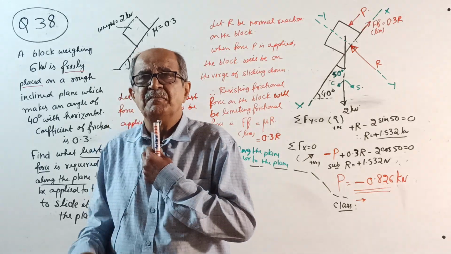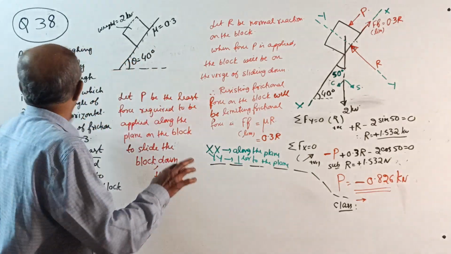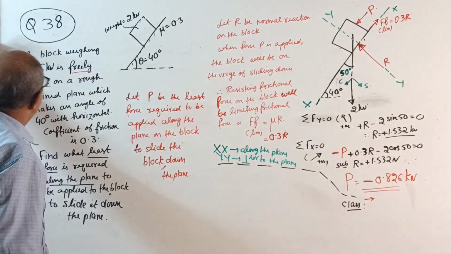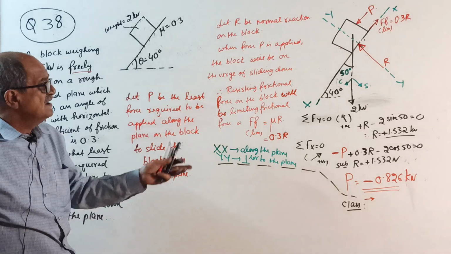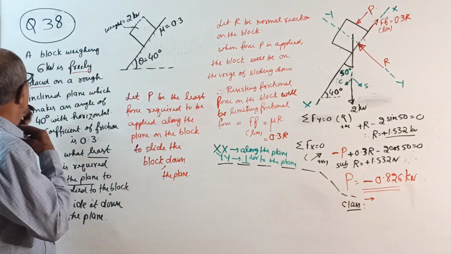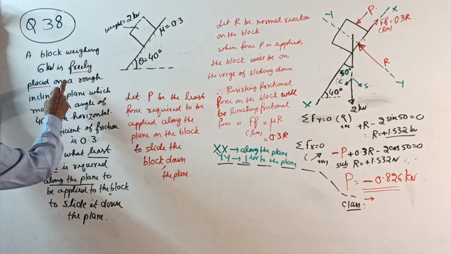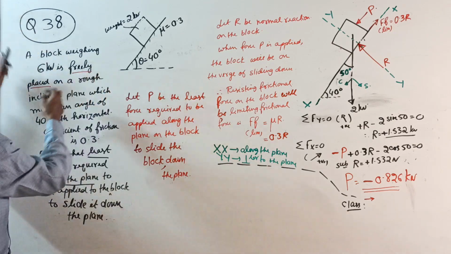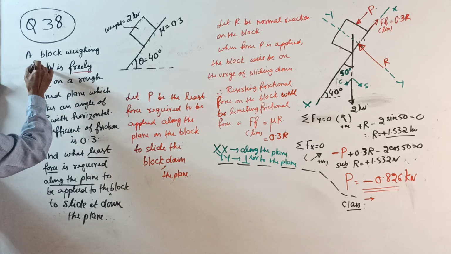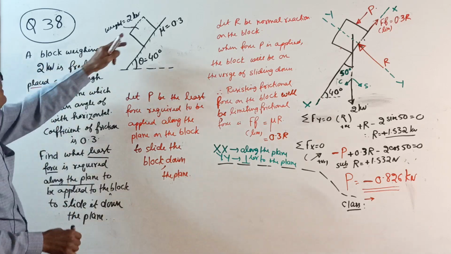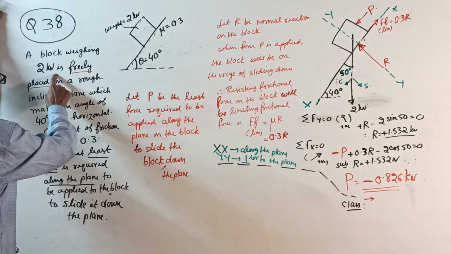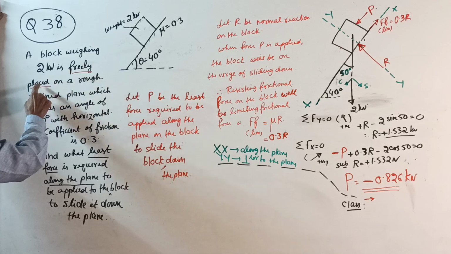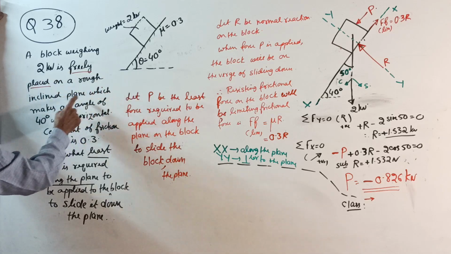Next question, remember, same statement. See, a block weight, now instead of Newton, I will give in kilonewton. So what? Answer will come in kilonewton. A block weighing 6 kilonewton. I wrote 2 kilonewton there. Okay, 2 kilonewton. I don't know why I put 6 kilonewton here. When I went there, I made it 2 kilonewton. Okay, change the question. A block weighing 2 kilonewton is freely placed on a rough inclined plane which makes an